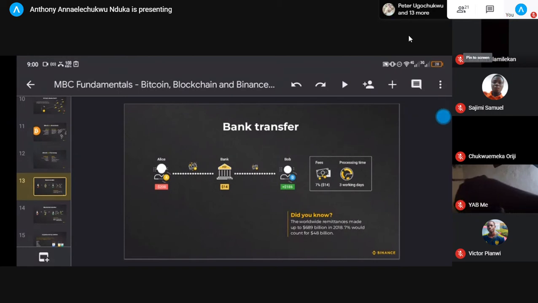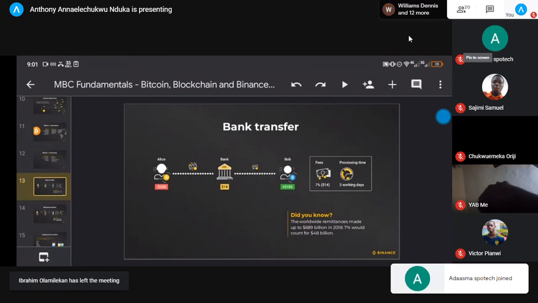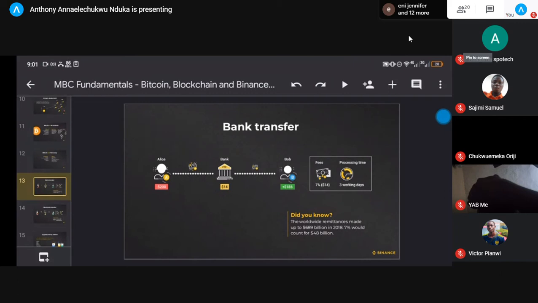Now look at this slide carefully. We have Alice. Alice is trying to send $200 to Bob. Now Alice is in Nigeria and Bob is in France. Alice is trying to send $200 to Bob using the bank system. The moment Alice sends this money, the bank will stop that transaction, charge a transaction fee, and start processing the transaction in order to send it to France. Let's assume they're making use of Western Union or Remit Pay or any kind of payment mode. The bank would stop this transaction, collect their own transaction fee for sending the money,